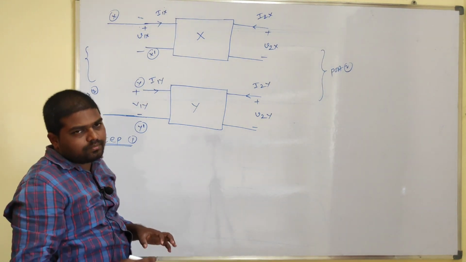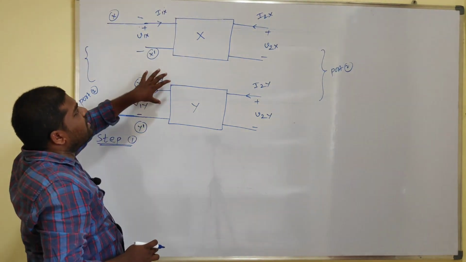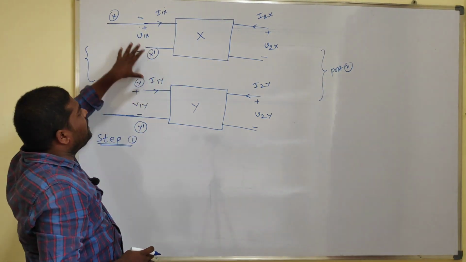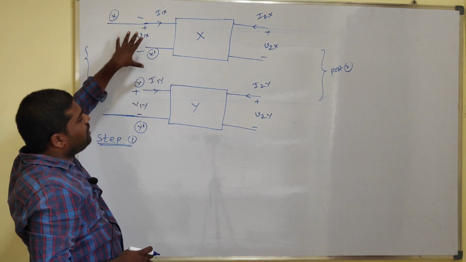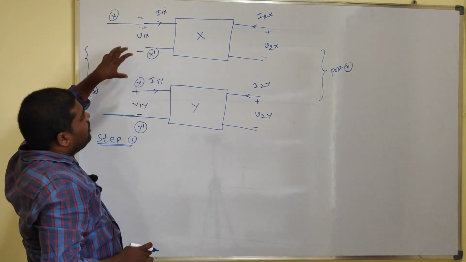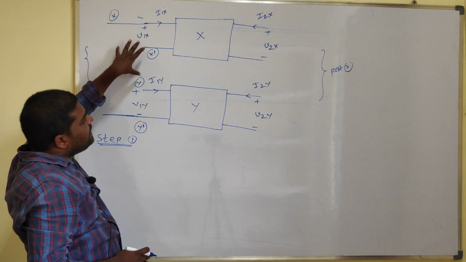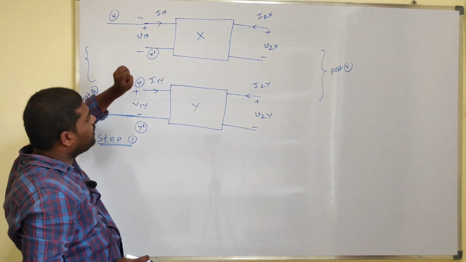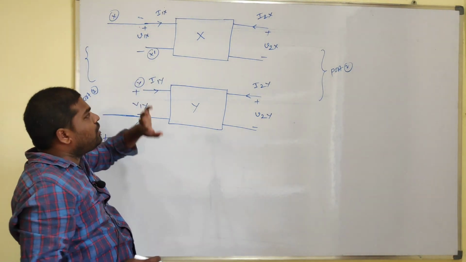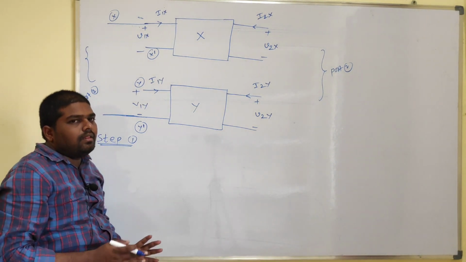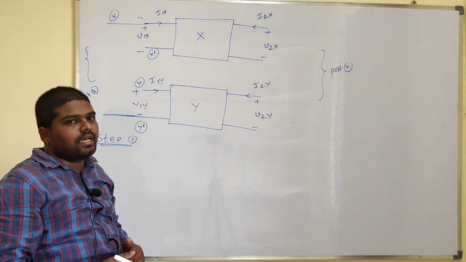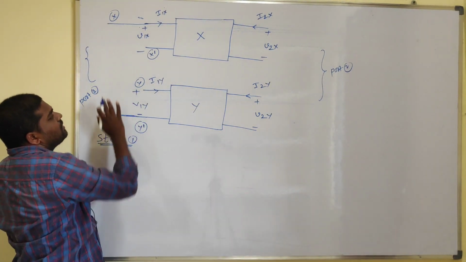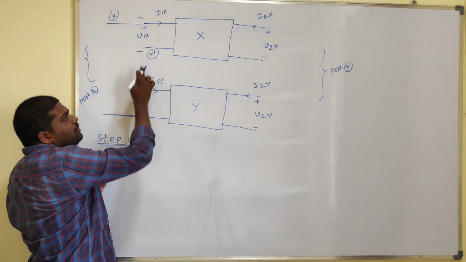Here the question is, how will you form the series interconnection at the port 1 area? This entire port 1 has a total of 4 terminals. So how will you form the series connection at this port 1? That is the question. Which 2 terminals will you connect to make it a series connection at the port 1 side? Out of 4 terminals, I will connect X dash to Y.